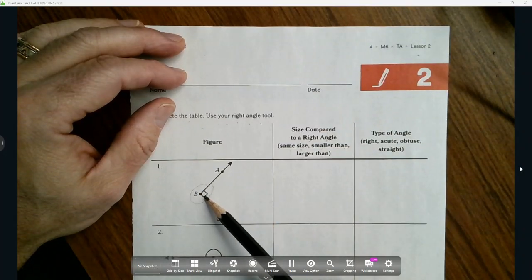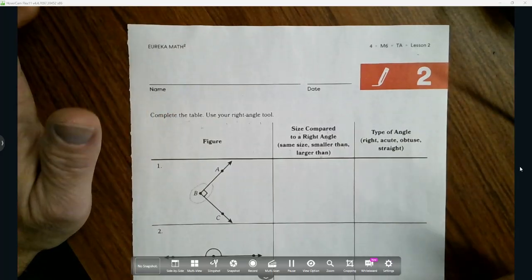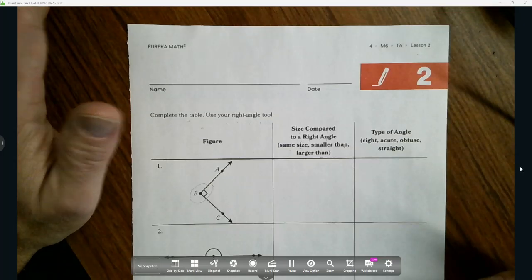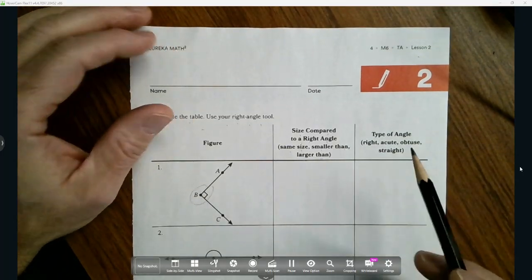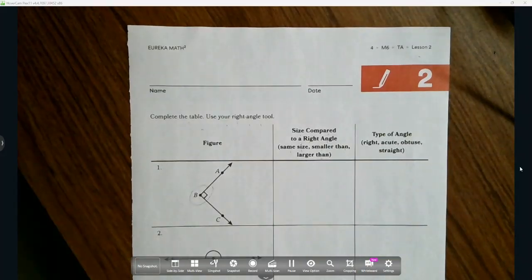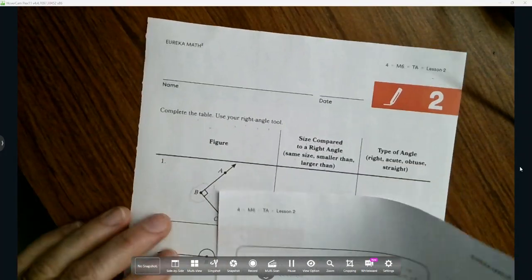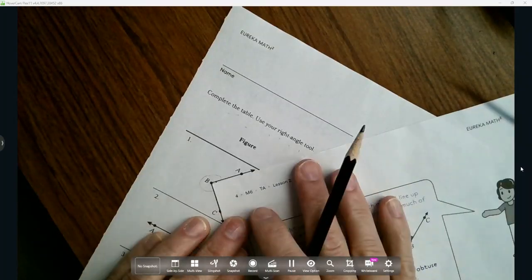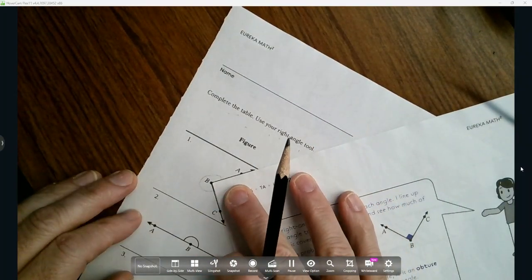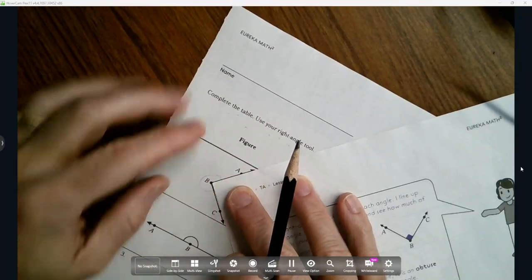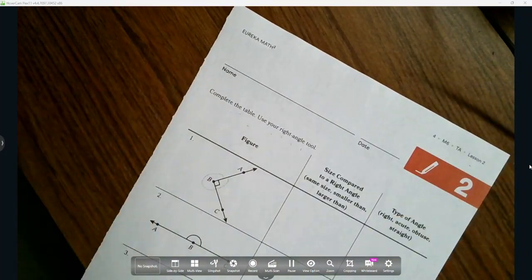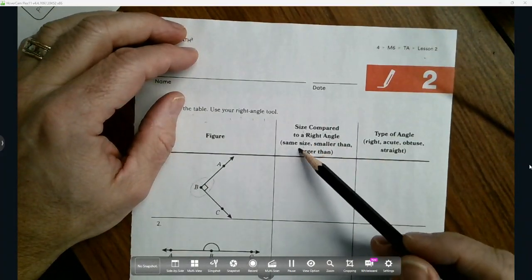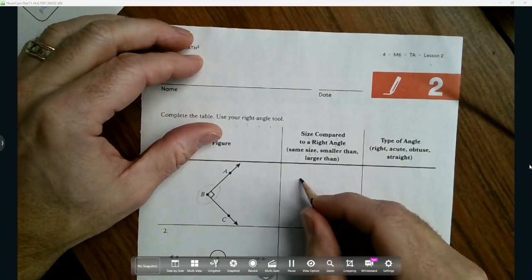What does this symbol mean? I've taught my class that symbol always means it's a perfect right angle. If you see this little box, it's a perfect right angle. If you have your right angle tool, I don't have one, but I know the corner of a page is a perfect right angle. I can take this page, put it right in there, and see that is a perfect right angle right there. Nice, square, 90-degree turn. So if I look at the size compared to a right angle, is it the same size, smaller than or larger than? This would be same